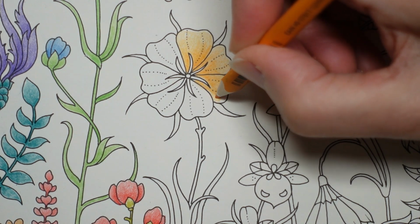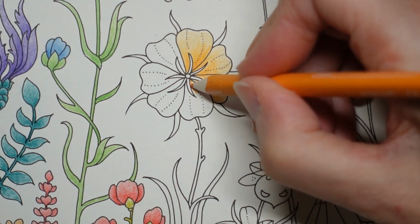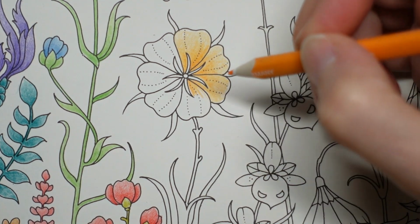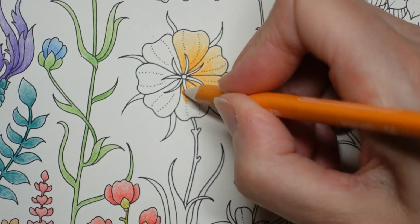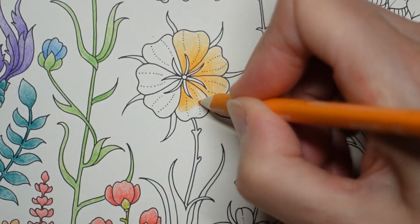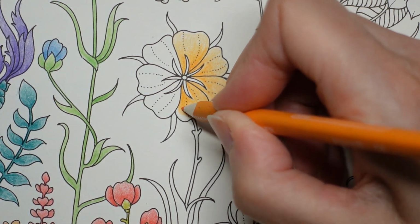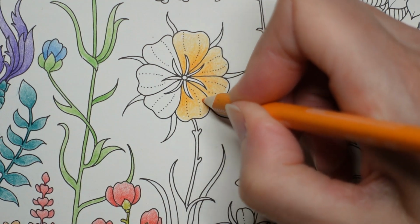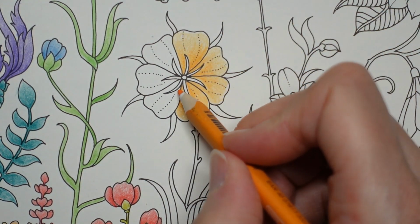The idea is to hopefully maybe learn a little bit, but just to, you know, encourage you to colour really. Pick up your pencils and pens, or whatever you use, and just have a little go, you know, and enjoy the relaxation of the whole process. It's always been my aim for the channel, is partly to help people learn, but also the sort of relaxation side,